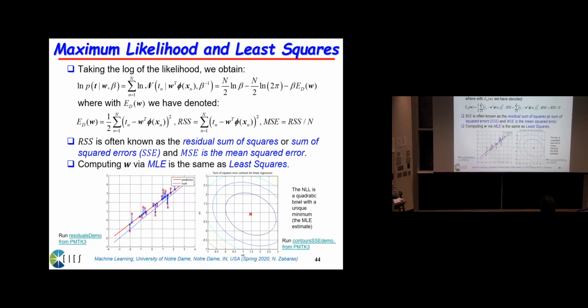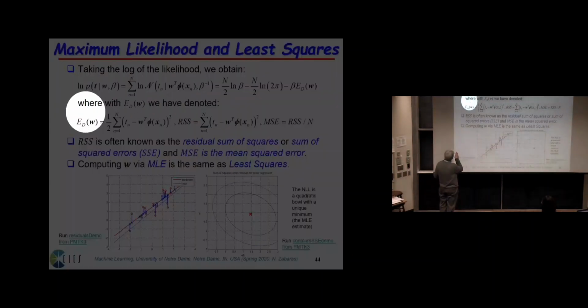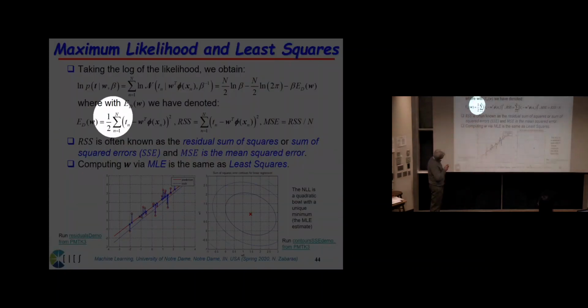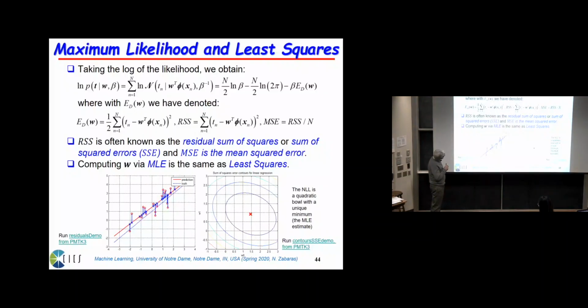Two things. I want you to appreciate that this error function that we want to minimize to find the MLE estimate for W is this; we are trying to minimize these errors here. So if we're fitting, let's say, a straight line, the sum of squares is the sum of these lines. That's one thing. And the second thing I want you to pay attention to is that if you actually try to visualize this error function